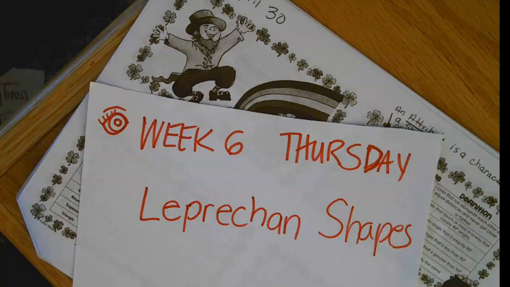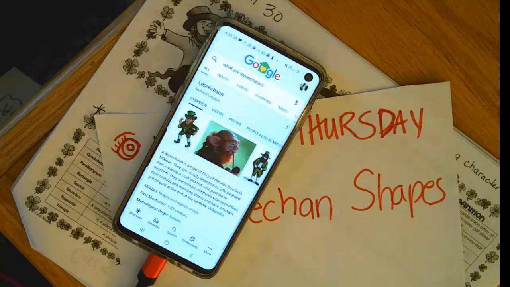Hey boys and girls, it's week 6 Thursday, and today we're going to be doing a Google Slides activity called Leprechaun Shapes. Now I may be Irish, but the only thing I know about leprechauns is that they are Irish